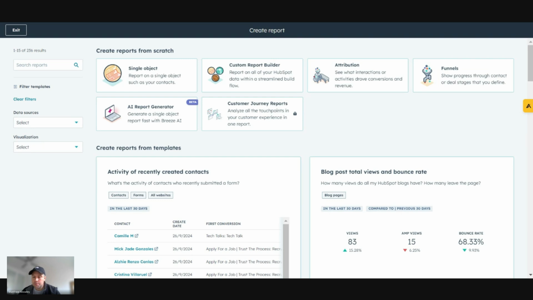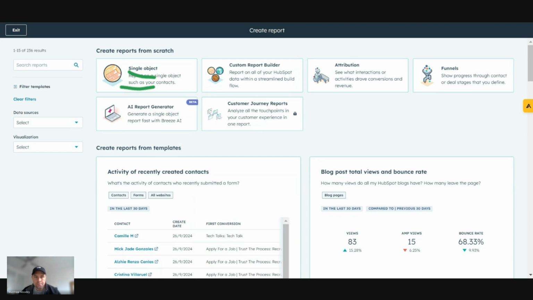All right, so different types of reports in HubSpot. Again, a lot of different types of reports that you can utilize. Single object report. So in HubSpot, an object is how you manage data. An object is a deal, an object is a contact, an object is a company, an object is a ticket, etc. So these are single object reports. So that means, all right, I want to report on how many deals I've won. That means I will be able to go and do that and report on the deals that I've won because I'm not reporting on contacts.